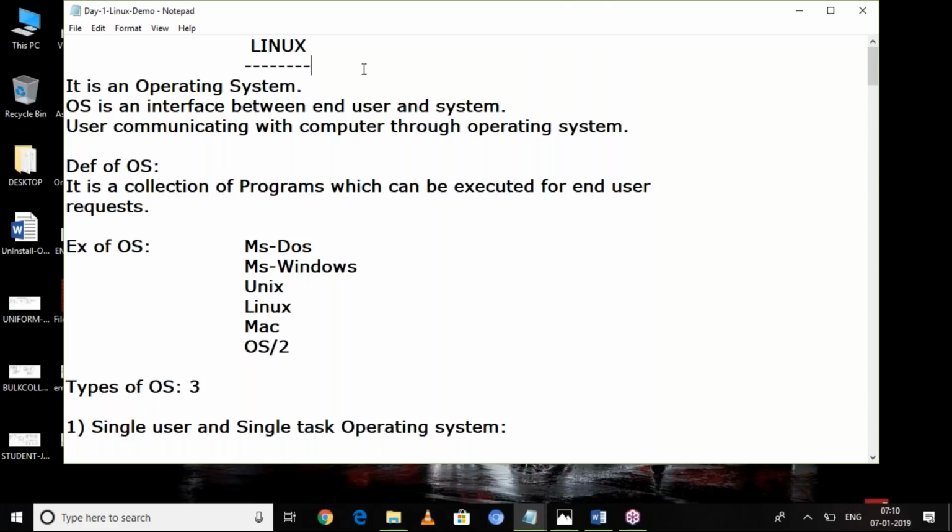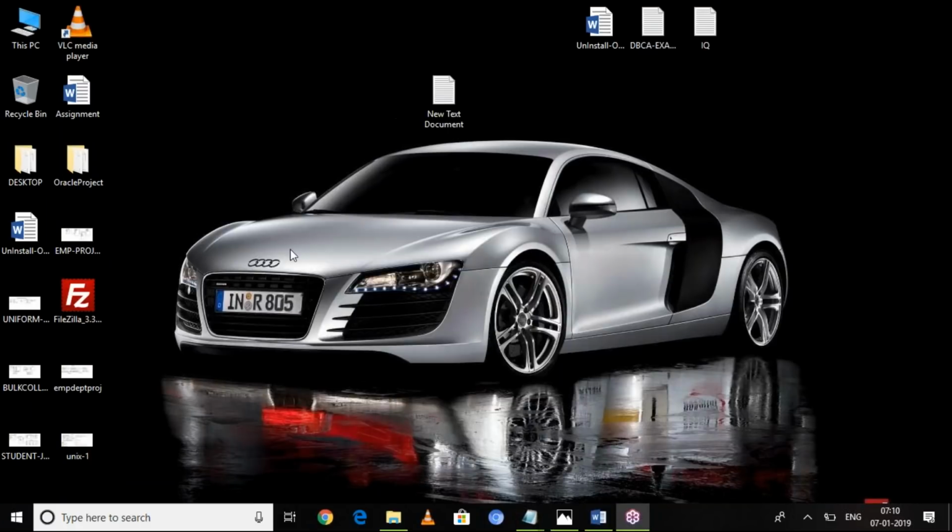Why? See, here in my system, this is Windows. Once I install Windows, the Windows operating system provides some environment. In that environment, we can work with any application.